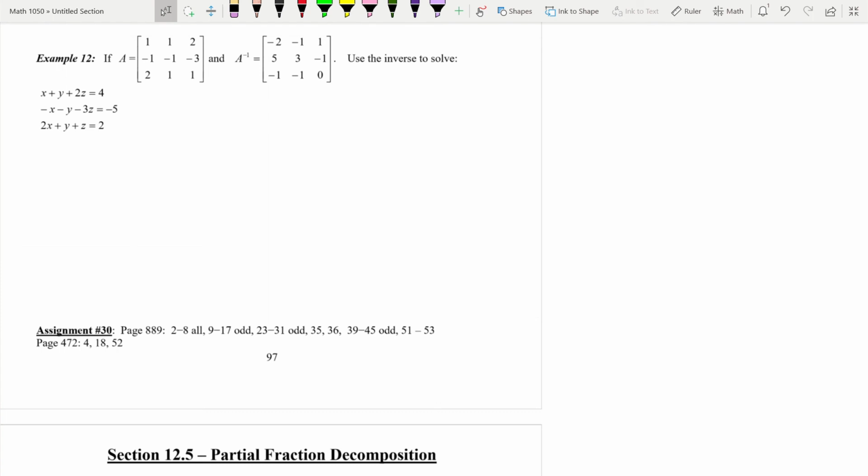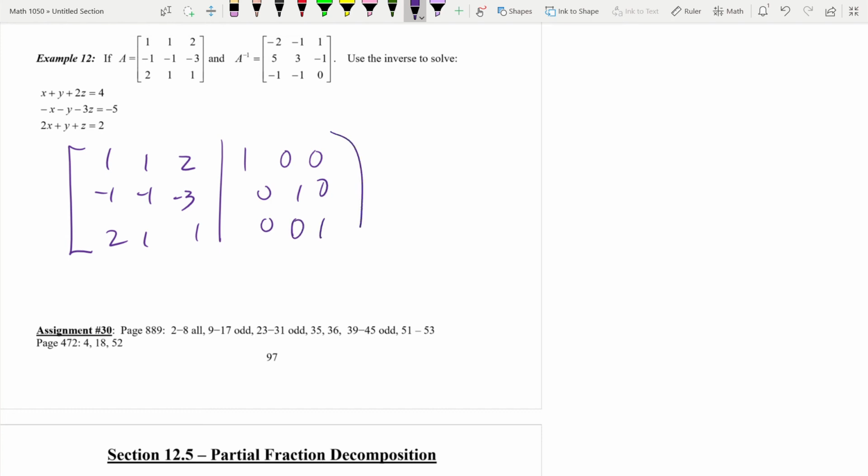Look at question 12. Here's my A. Here's my inverse. Use the inverse to solve. Look what my students did. They put this big A, and then they put the identity, and then 10 minutes later, they had the inverse. Do you need to do that? They gave you the inverse. So all you have to do is this. Write your inverse down